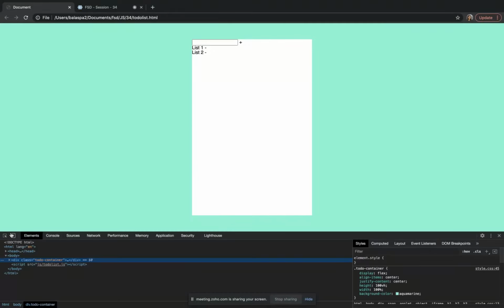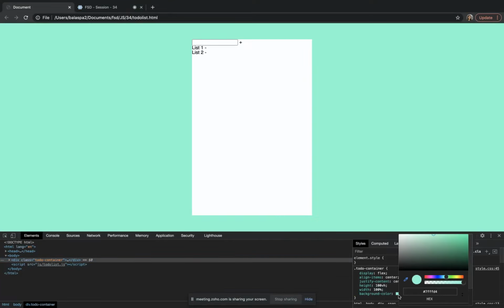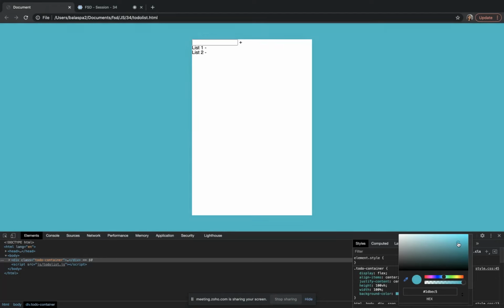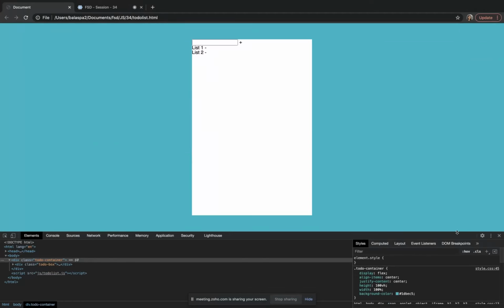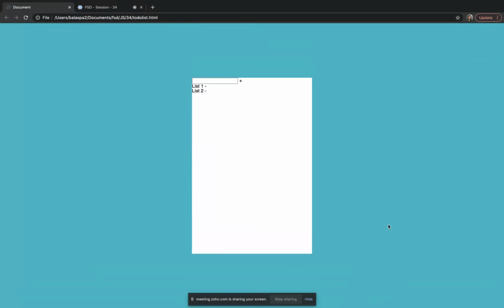Okay, we made a box centered. I'm going to add this color.